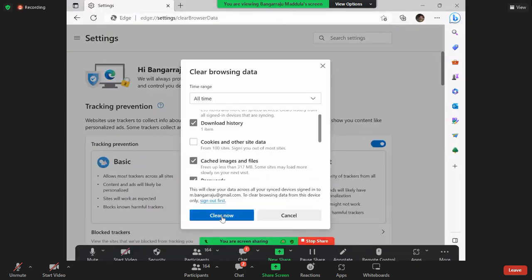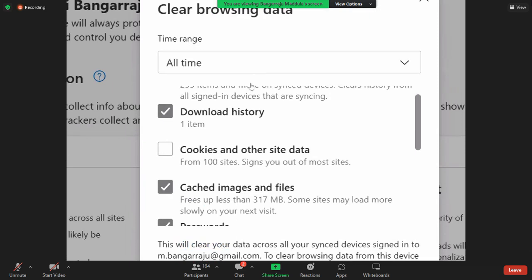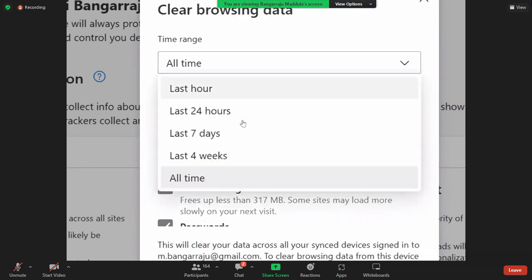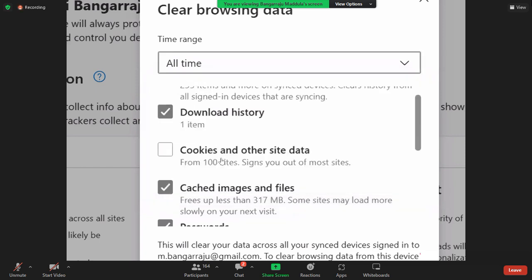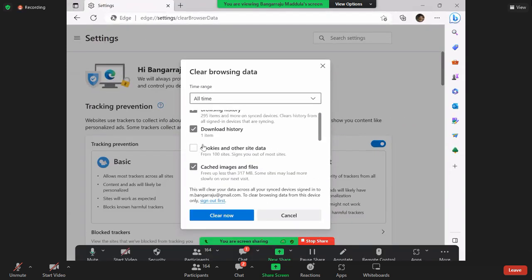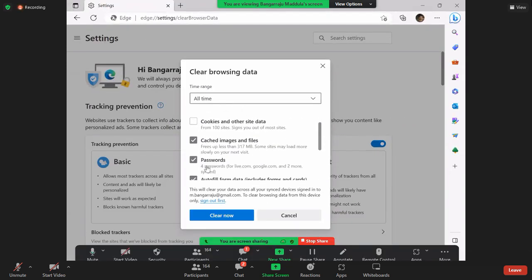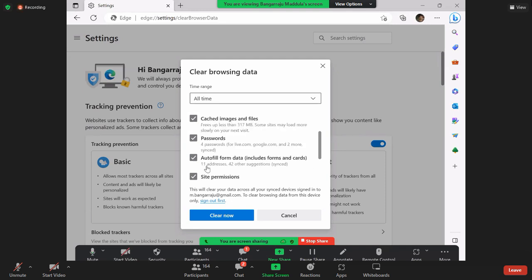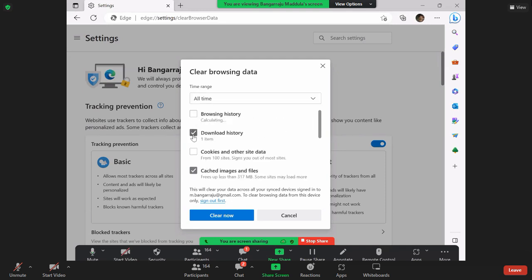When you're clearing the cookies also, be careful. Here it will ask you whether you want to clear the cookies from the last 24 hours or the last 7 days. What I'm selecting is all time.